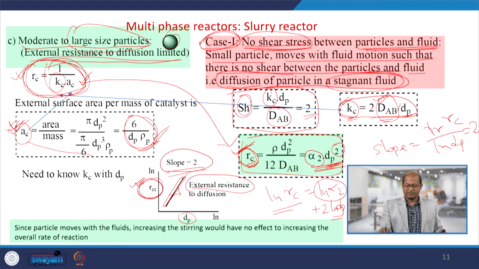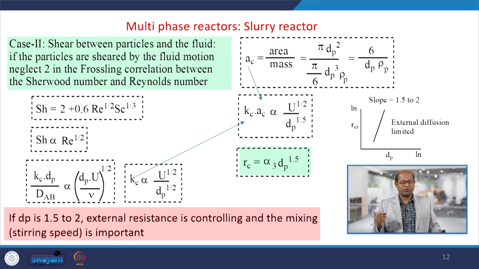So in these 3 cases we have considered this. Here the fluid was stagnant, and in that case we considered the Sherwood number and mass transfer coefficient. Now if the system is not stagnant, meaning there is a flow,